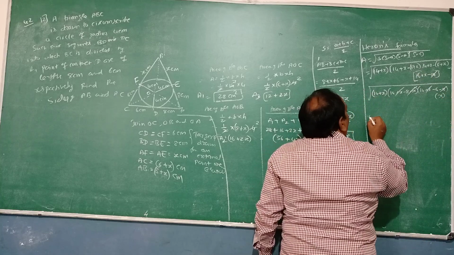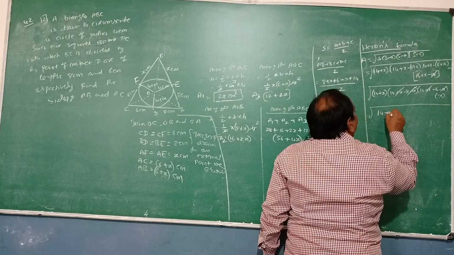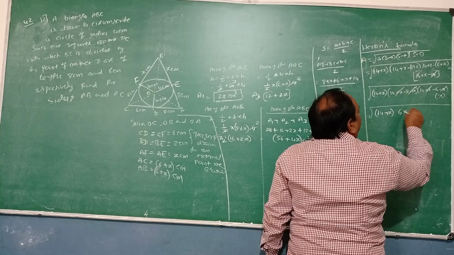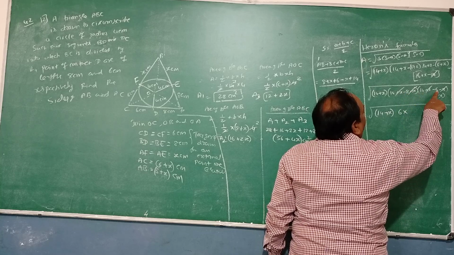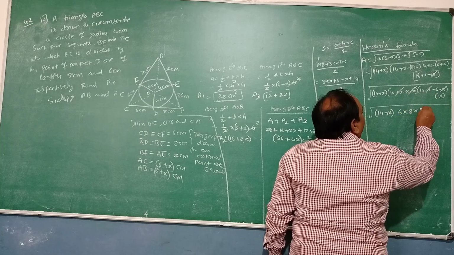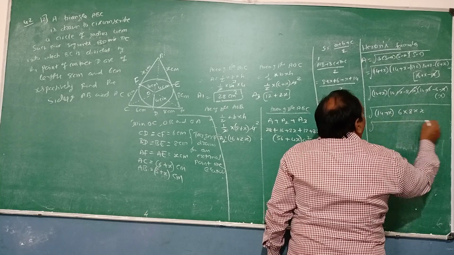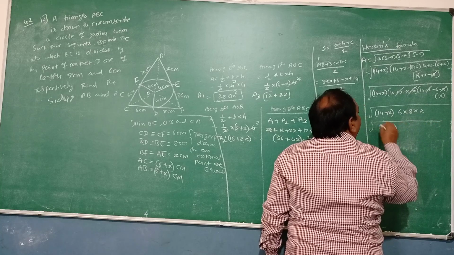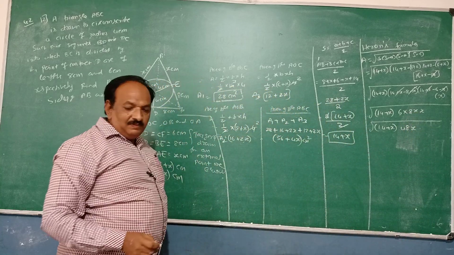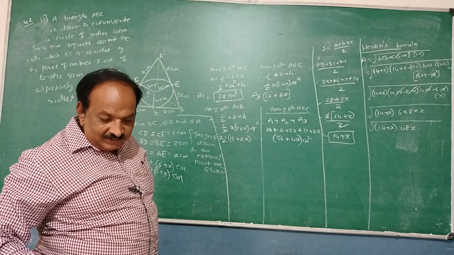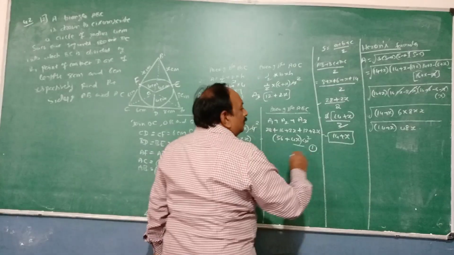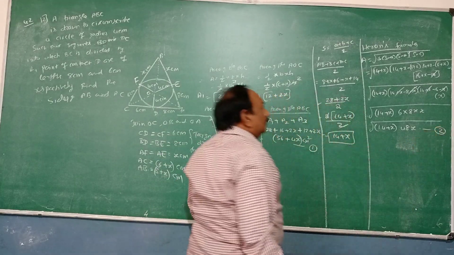This can be done as under the root of 14 plus x into, here 14 minus 8 is 6, into 14 minus 6, that is 8, into x. That can be written as under the root 14 plus x into 8 sixes are 48x. 14 plus x into 6 eights are 48x. Now call this equation number 1. Call this equation number 2.